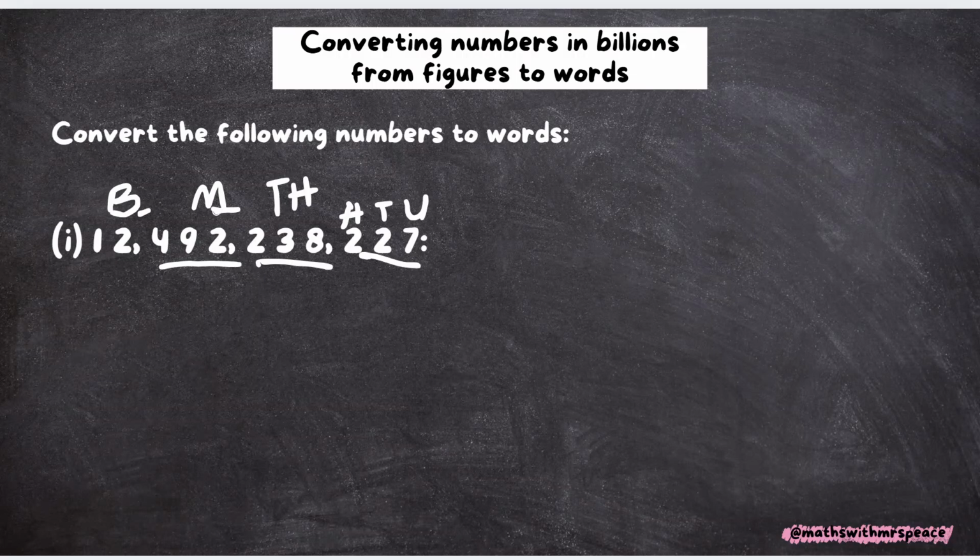492 million, 238,000 and then 227. Because I can easily read this number, it means it's going to be easy for me to convert it to words as well. Just as I've read it, I'm going to go ahead and write it. So this is going to be